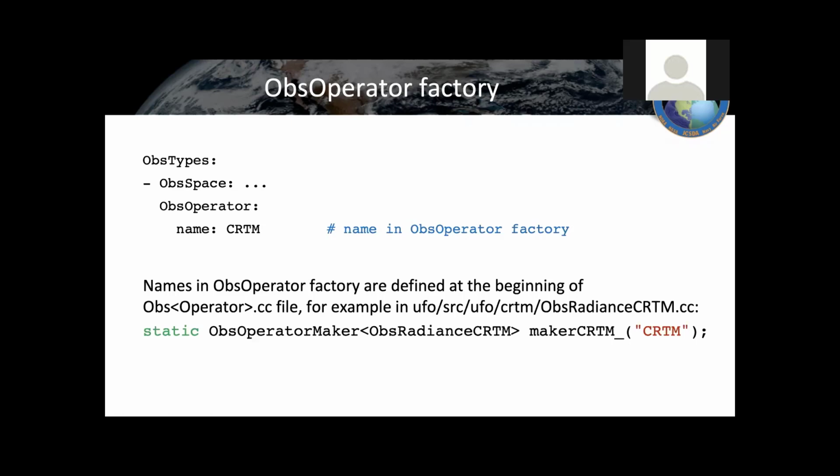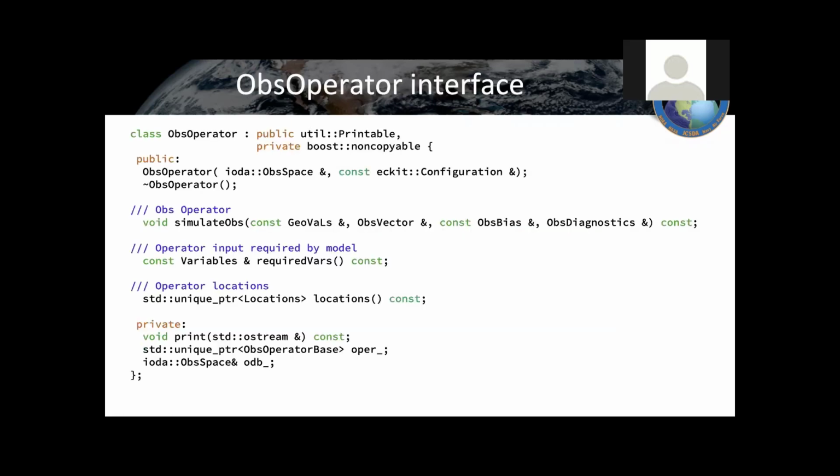It also helps to see what these operators look like in C++. So really, when you create that new operator object, you're creating an object that inherits from this. So basically, it shares the same interface as this blob of C++. So when you make a new object, you call what's called the constructor. And what UFO is doing is going through its factory method, reading in your configuration values and sticking them inside what we call an ECKit configuration object. And then we pass in our actual observations themselves to this constructor function, and this just prepares the operator for use. Then later on in our code, we call this other function called simulate obs,